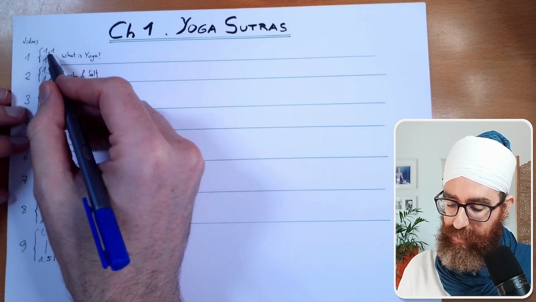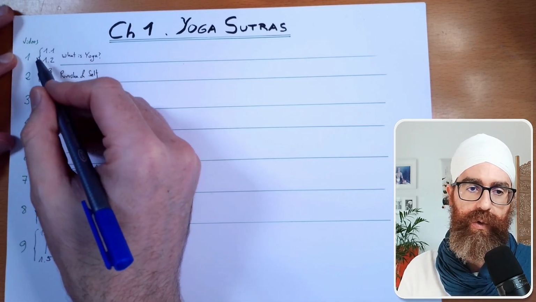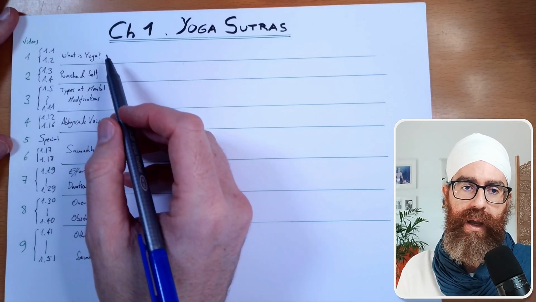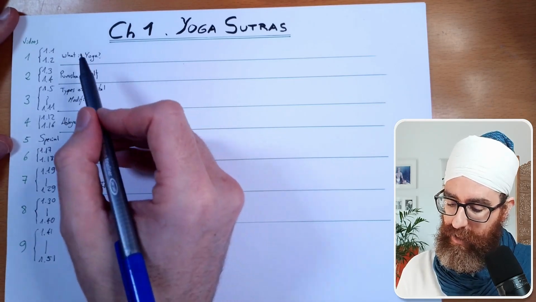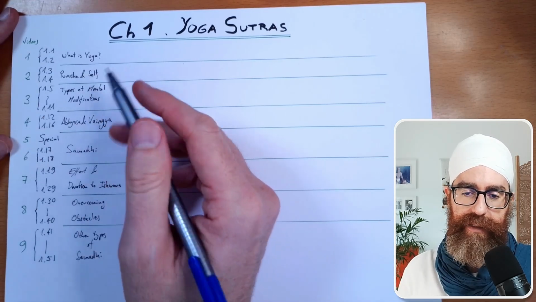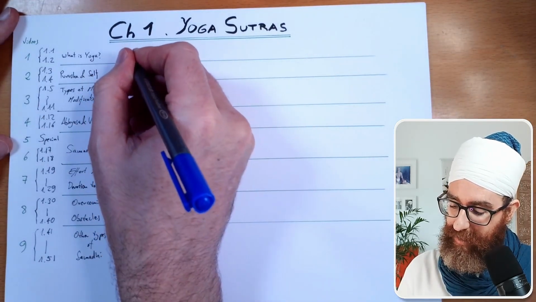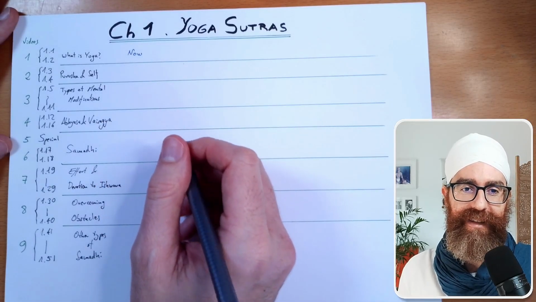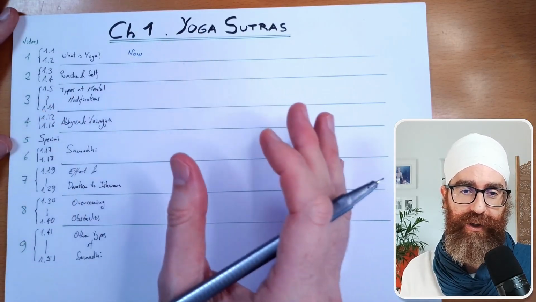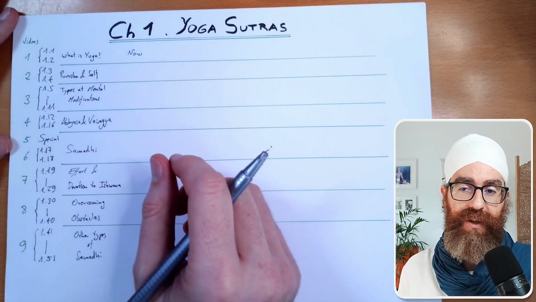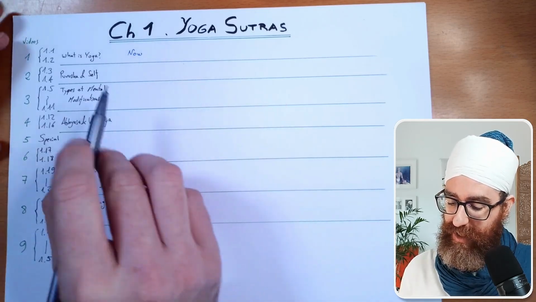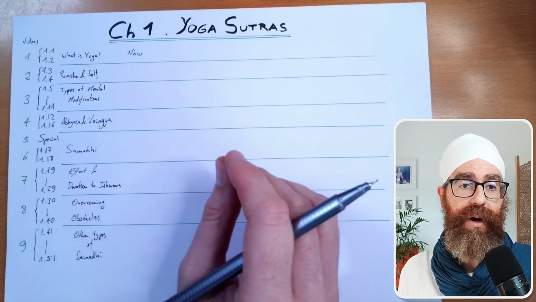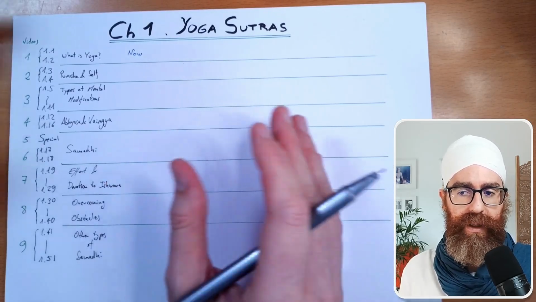As we go into the 1.1 and 1.2, these are possibly the 2 most famous sutras of the Yoga Sutras, where Patanjali tells us what yoga is, and starts with the word now. One of the first things that we find there, the first word in the whole Yoga Sutras, is now. So we paid special attention in that video to the concept of now, of the present, of being present and being attentive to what is going to happen.